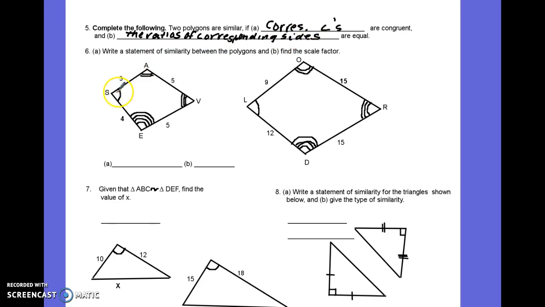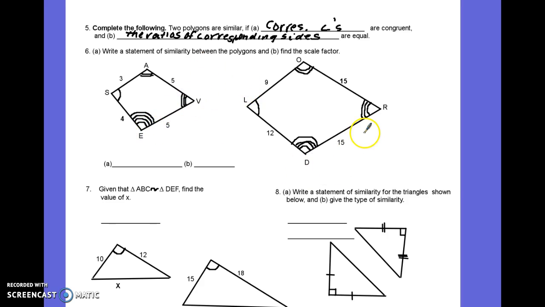Example, 3 over 9 is the same as 5 over 15, same as 4 over 12. Okay, these are all matching sides, and if you work any of them out, let's say we take the 5